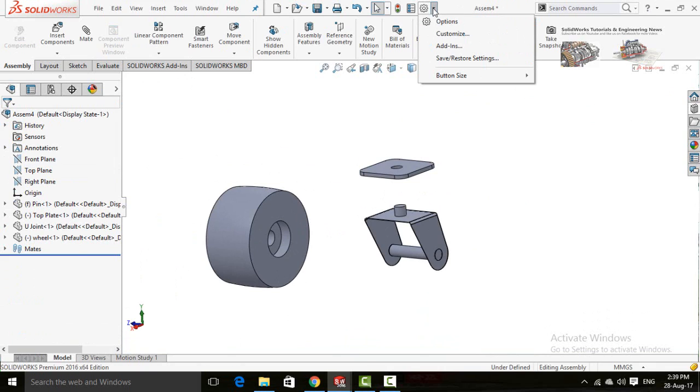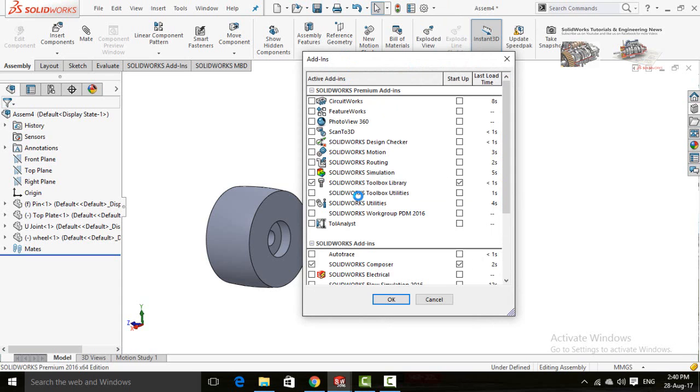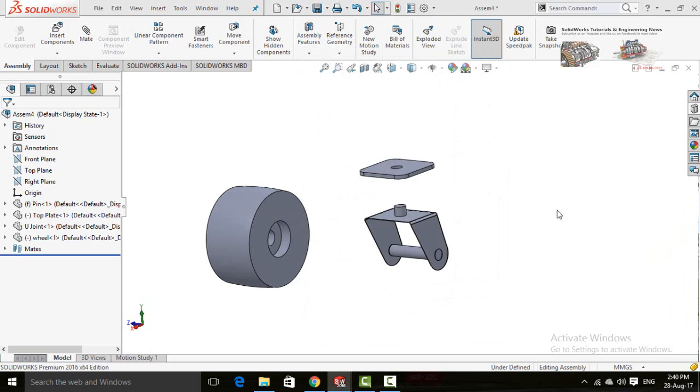For that, first of all you have to drop down this arrow and then click on add-ins. From add-ins menu you have to check this box and then this box. After that press OK button.